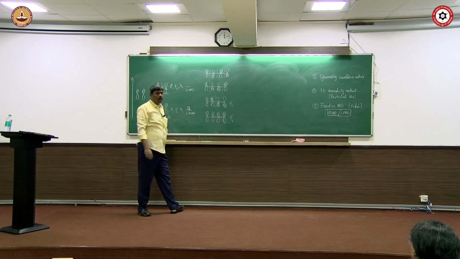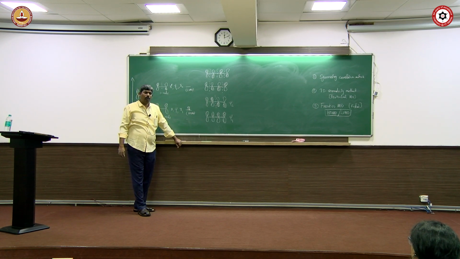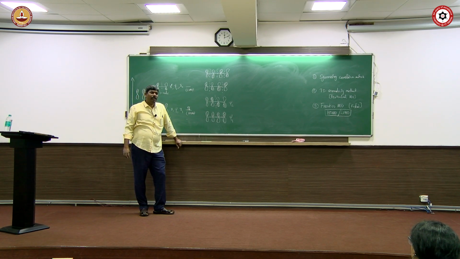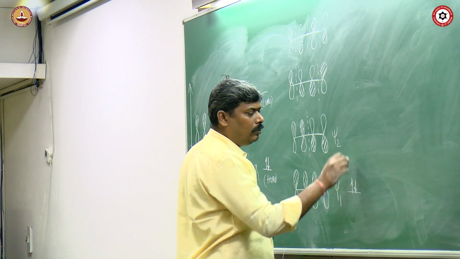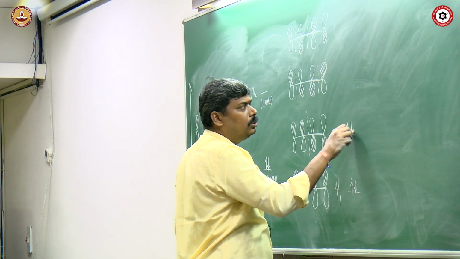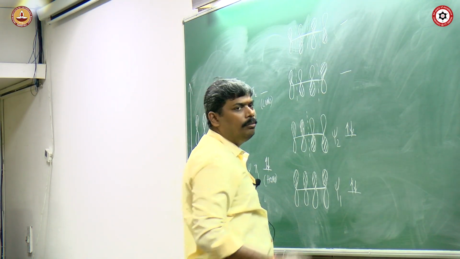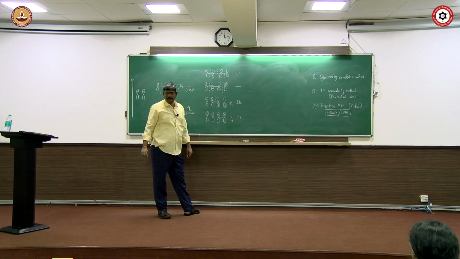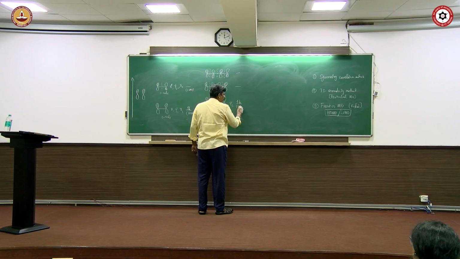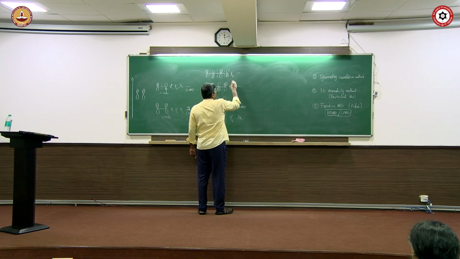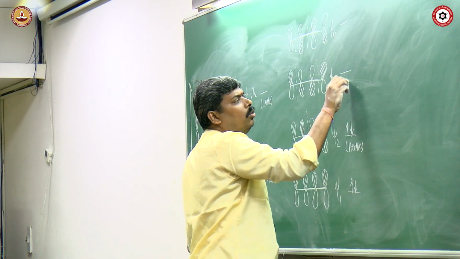So we started with 4 atomic orbitals, right? You have now 4 molecular orbitals, and how many electrons should be there? 4 electrons. So if I start filling once again, the first one will have 2, the second one will have 2, and the third will be empty, and the fourth will be empty. Am I correct? In this case, what is HOMO? Exactly. Psi 2 is HOMO. And psi 3 will be the LUMO.